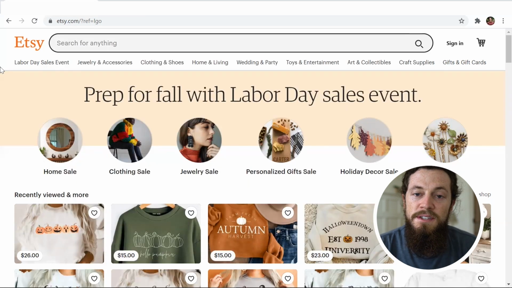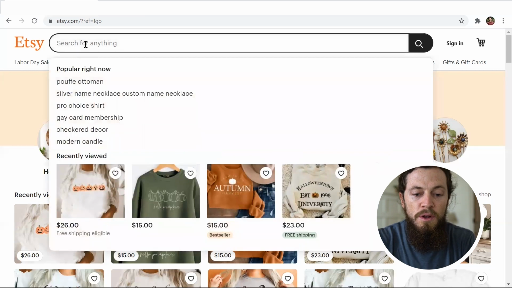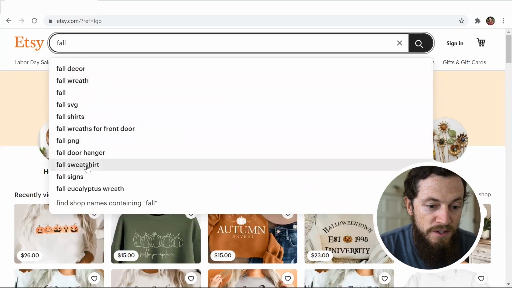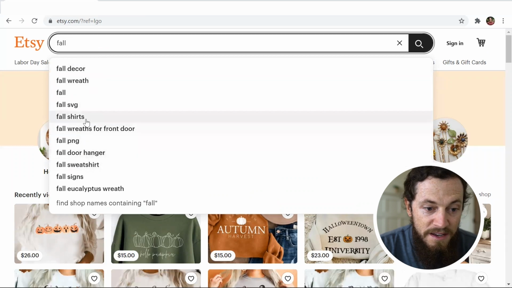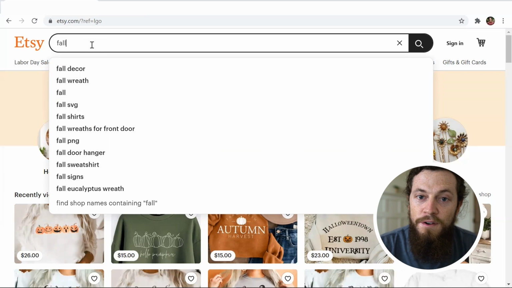The next thing that I do is I search a general keyword in the niche that I'm designing in. So for this example, I will do fall sweatshirts. What I like to do is I slowly type my keyword, fall sweatshirt. So I'll do fall, and then I'll let these keywords autofill here to get some ideas. So we have fall sweatshirt, and possibly some other ideas will pop up, fall shirts, depending on the keyword that you're using. And then after doing that for a few different keywords, like fall sweatshirt, autumn sweatshirt, or whatever it is, to pull some ideas,